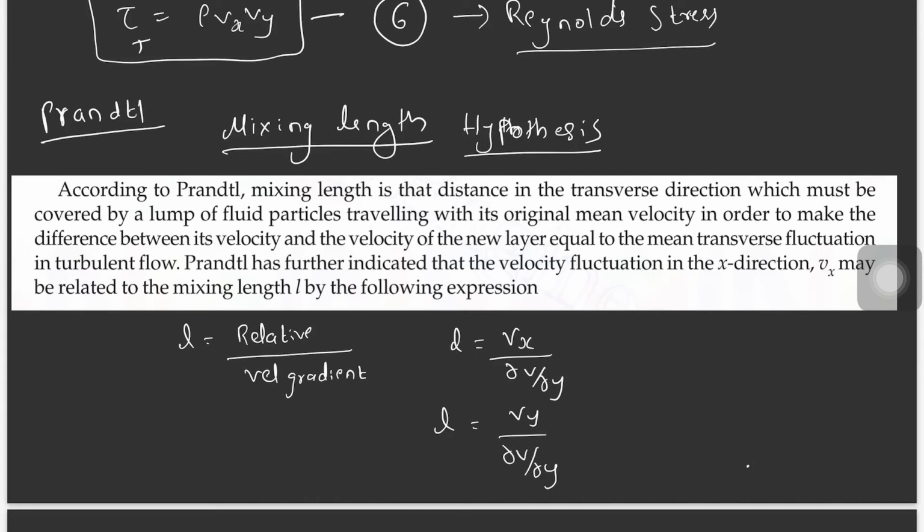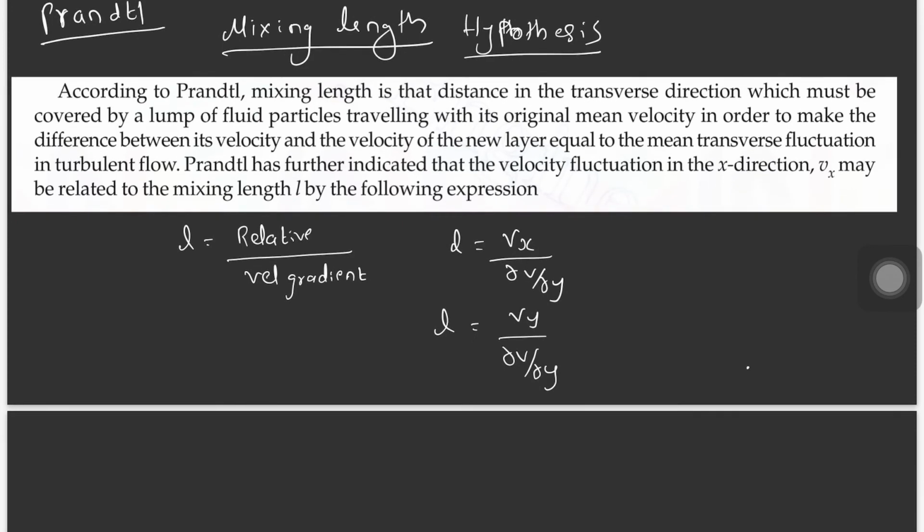You can ask, sir, here Vx is there, so why dou V by dou Y in the horizontal? Velocity gradient is always dou V by dou Y. Since we are not considering velocity change in the horizontal direction, our main aim is the velocity gradient in the vertical direction, how it changes from wall to center. Because in the horizontal direction it can increase based on whether you are supplying with a pump or just allowing it to go. So that is not our velocity gradient here. Velocity gradient is always dou V by dou Y.